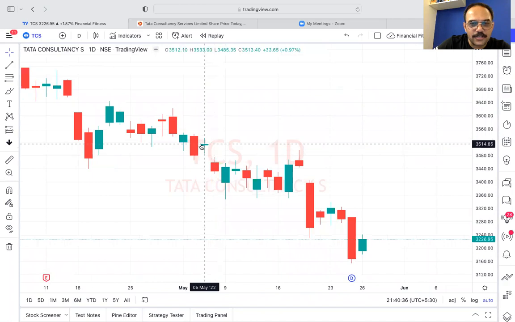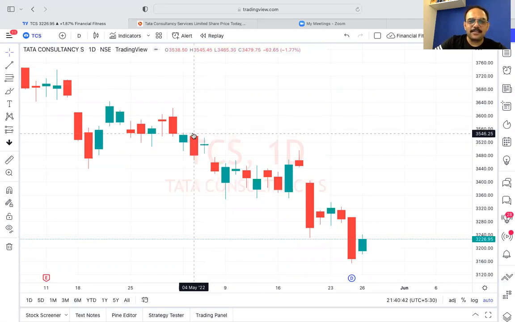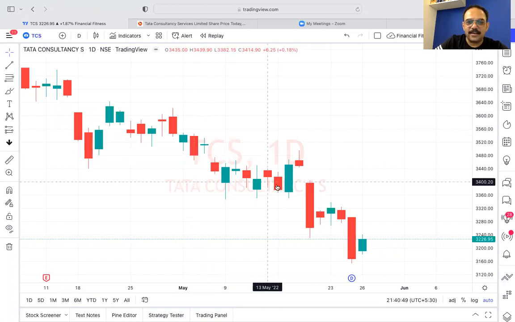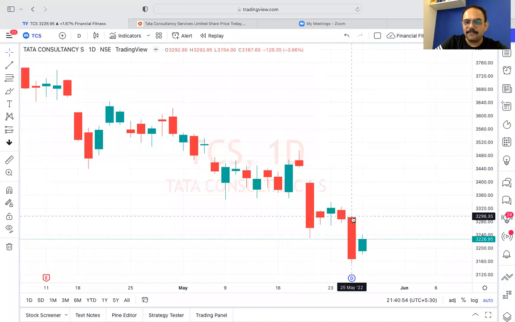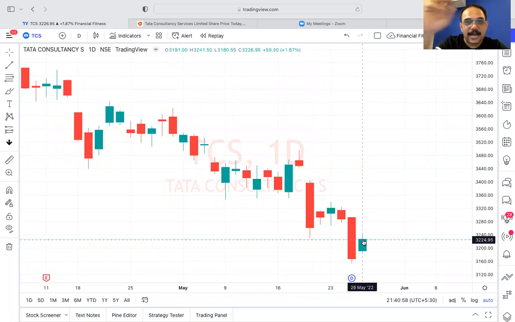This pattern, if you see on 5th of May, bulls and bears were undecided about which way to take the market. Here the bears were decided. They said sell, sell, sell. So they kept on selling. Here they kept on buying. Here they kept on selling. Here they bought. So candlestick is a story of the fight between bulls and bears on every day, and that is